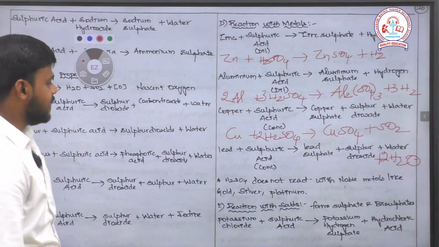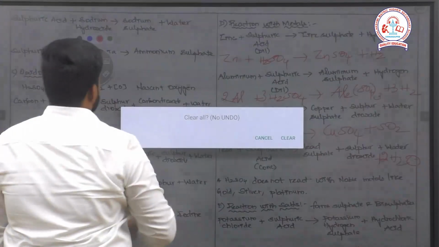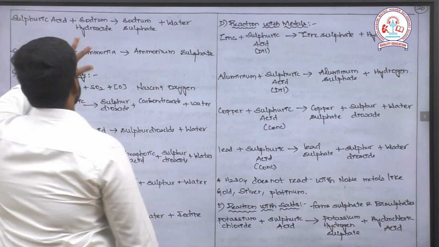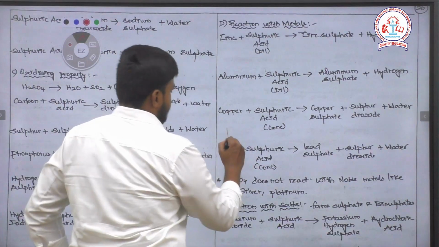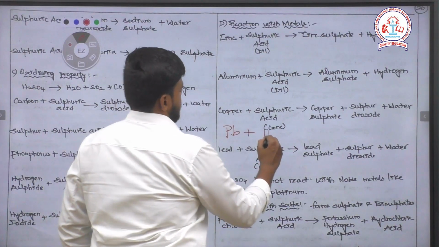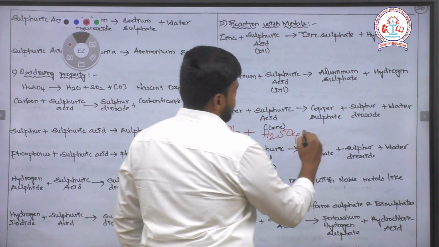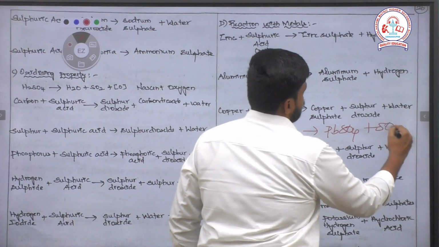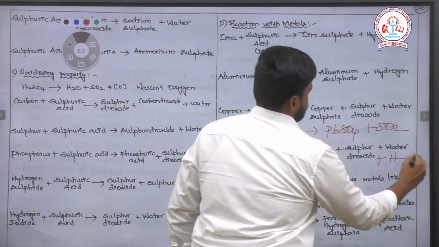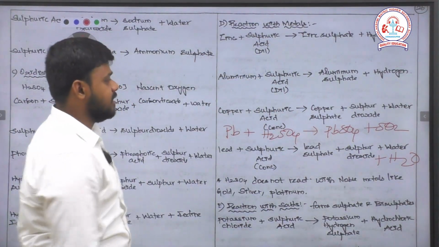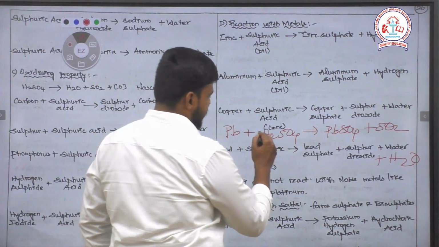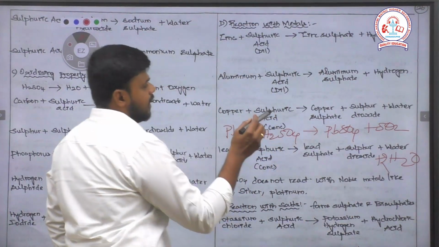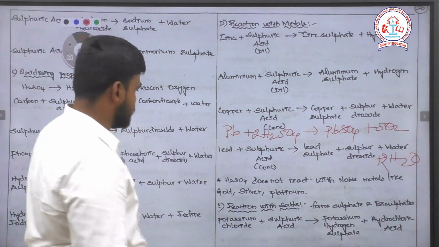The next one, reaction with the lead. Reaction with the lead actually includes the formation of lead sulfate. I will write here Pb plus H2SO4 gives PbSO4 plus SO2 plus H2O. To check the balancing, sulfur there it is 2, here it is 1, I will make it as 2, hydrogen becomes 4, so I will make it as 2, oxygen 8, 4 plus 4, 8, equation is balanced. Then